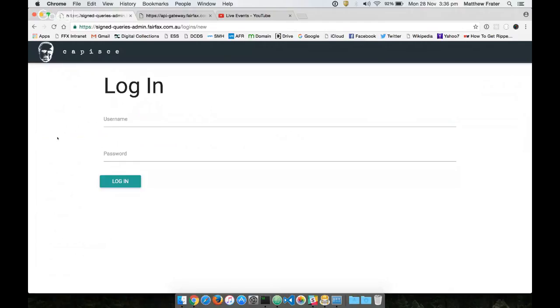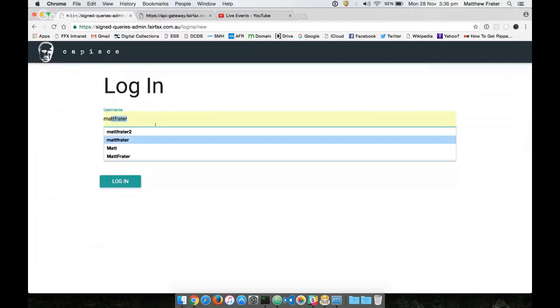So what Capisce and its associated APIs attempt to do is to abstract all of that out into this management system and the associated APIs. The easiest way to demonstrate that is just to show you the app running. So if I was to log into Capisce itself,